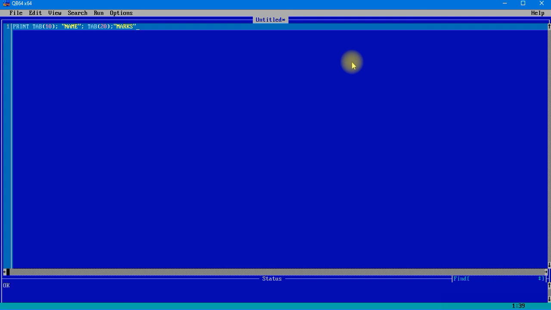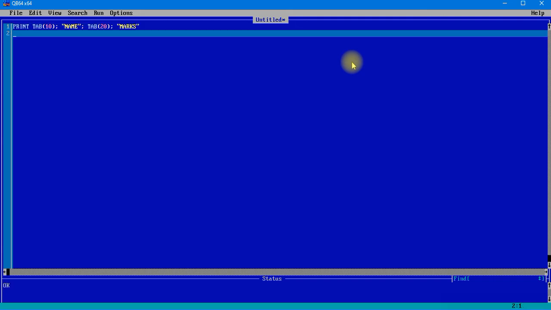Okay, then we'll write again print tab 10, semicolon, and inside that we'll write a name. Then after that we'll type tab 20, semicolon, and then we'll just write a value over there.